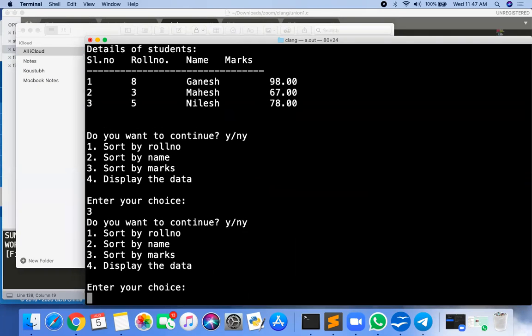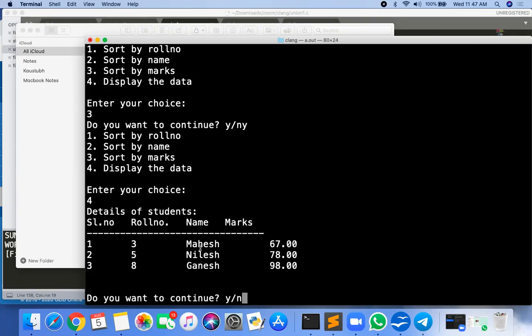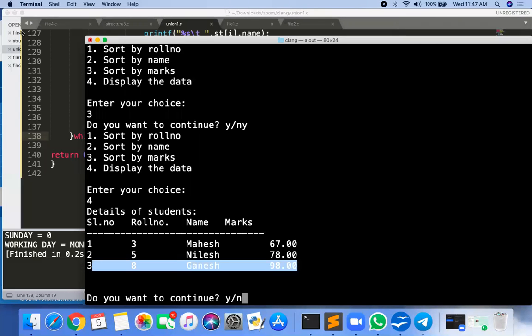Yes, and again display. So 67 at the first, 78 and the 98. So this 8 Ganesh and 98 will never be changed. Only the position of that object will be changed. Getting this? Yes, sir. So this is your modified program.